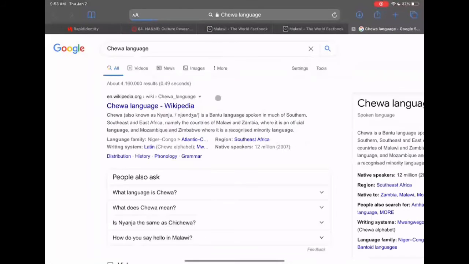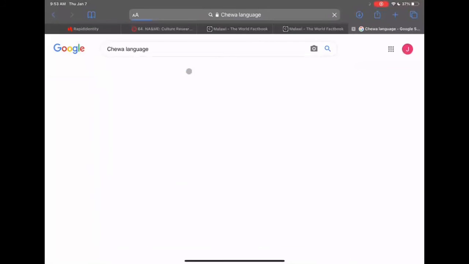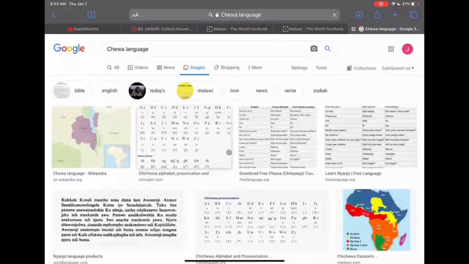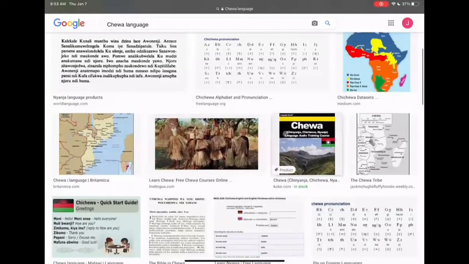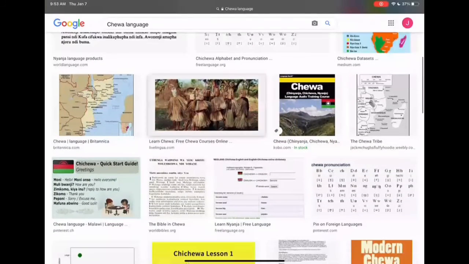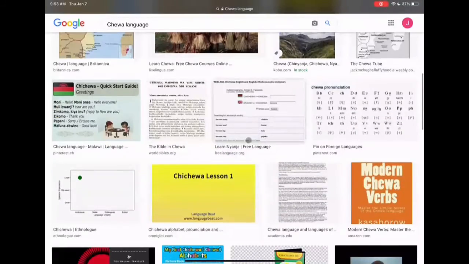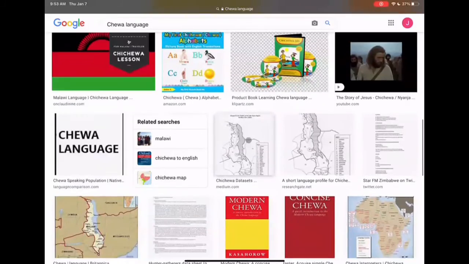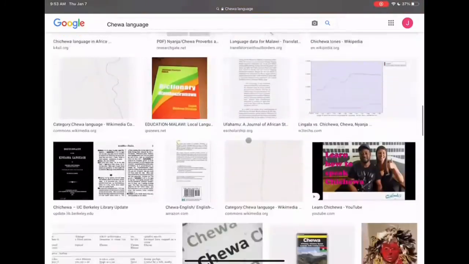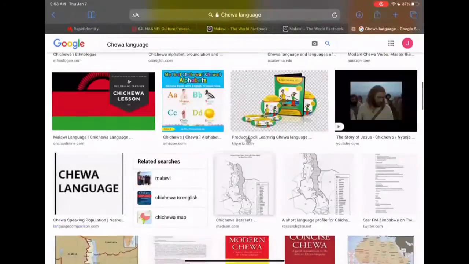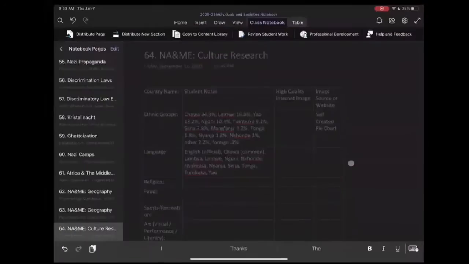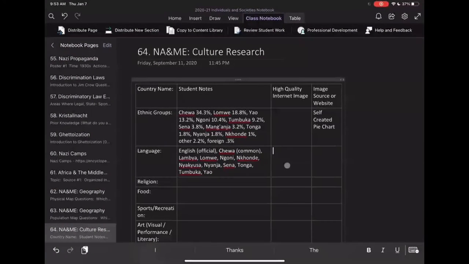Because I don't know if I'm really going to get any solid images that will be beneficial here. Here's an image of the Chewa people. But all right. But that's what I need you to do.